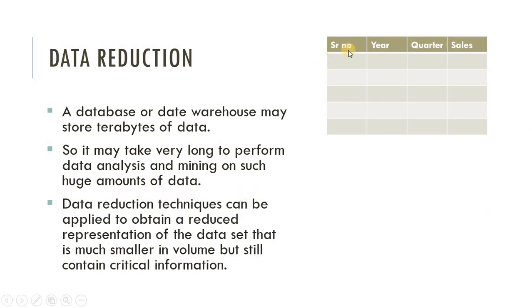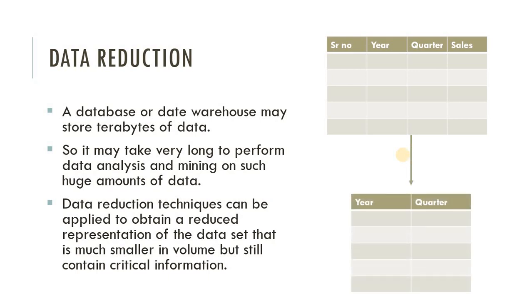So suppose this is a database of a data warehouse. It may contain 4 attributes, which are numbers, year, quarter and sales. Suppose it contains many attributes, so it is difficult, and if we want to perform analysis on quarterly based sales, for that we only require 2 attributes, which are quarter and sales. So we'll reduce this data